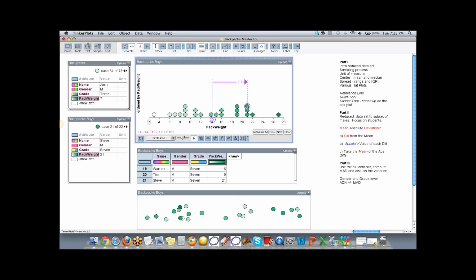And it doesn't make any difference, but as it goes through, you'll see why it might visually make a difference here. So what is the mathematics that we see? We see 21 minus 14.131, which is the mean. Let's show that. Show numeric. There we go. And we get 6.68182 rounded to 6.7.